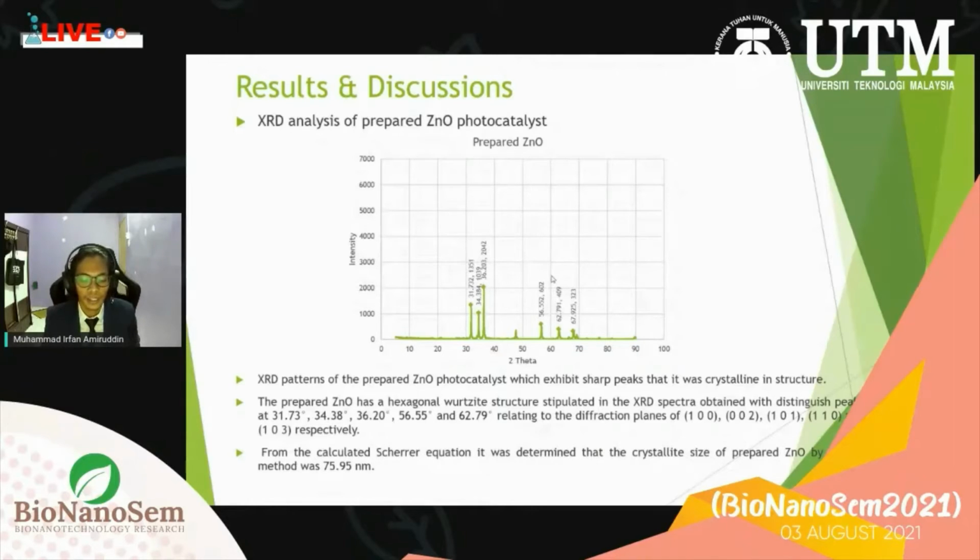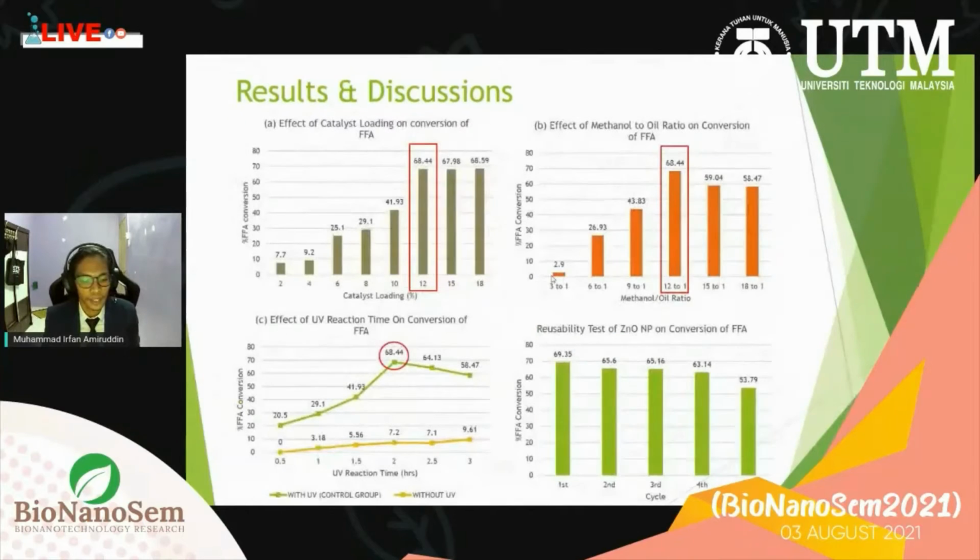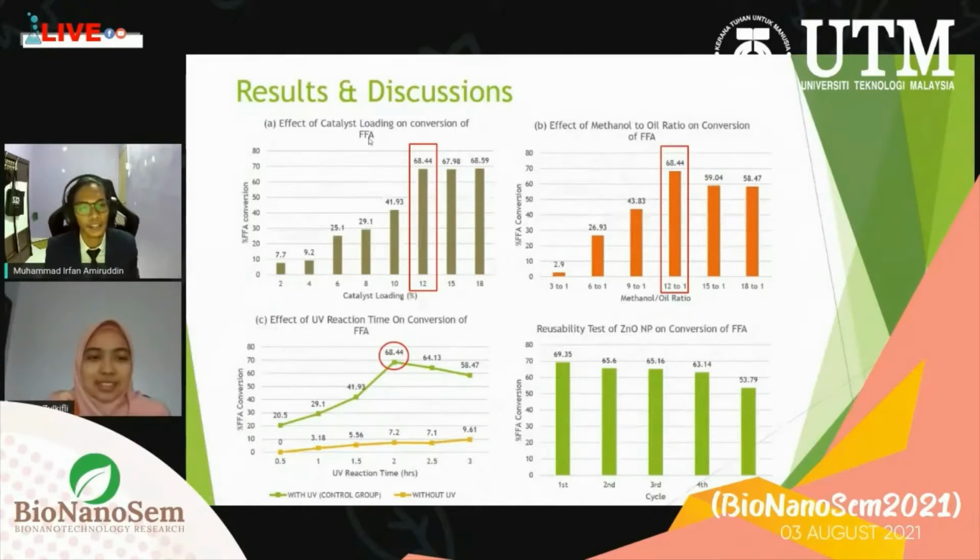And from the calculated Scherrer equation, it was determined that the crystallite size of the photocatalyst was 75.95 nanometers. Next up are the findings on the photocatalytic esterification of WCO with different parameter sets. As you can see in the first graph, graph A, we can obviously see that at 12%,